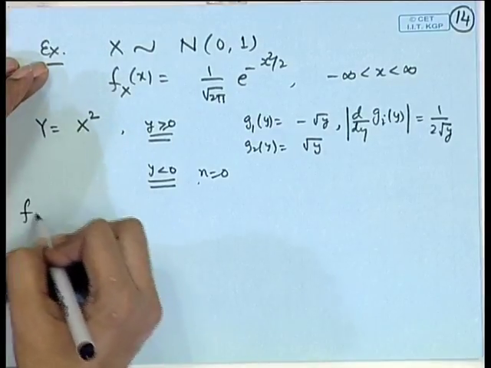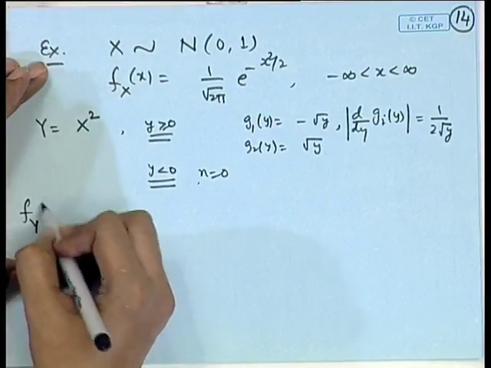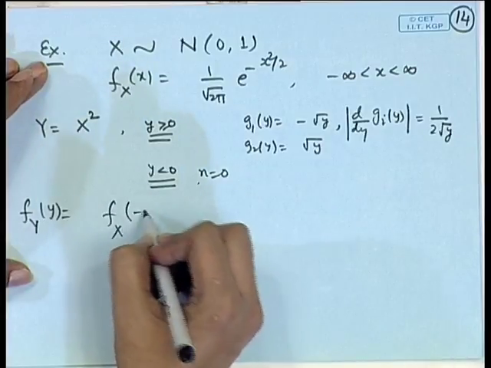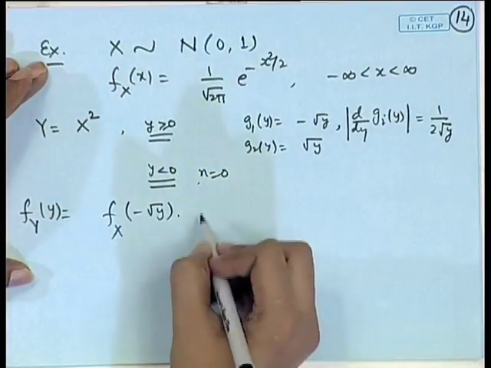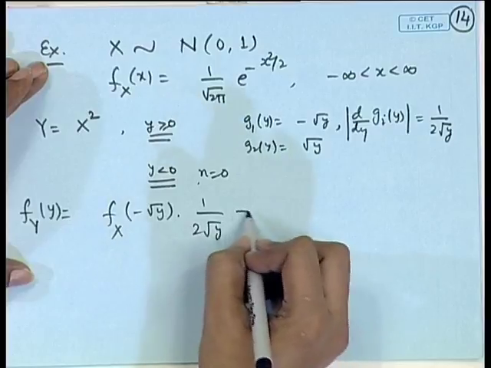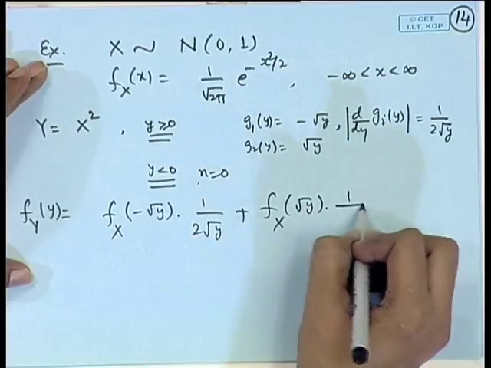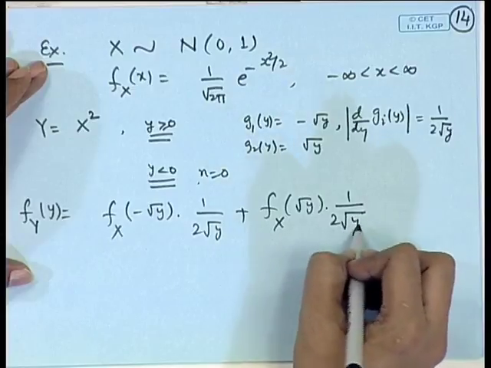So, the density function of y is the density function at x is equal to minus root y multiplied by 1 by 2 root y plus the density function at plus root y multiplied by